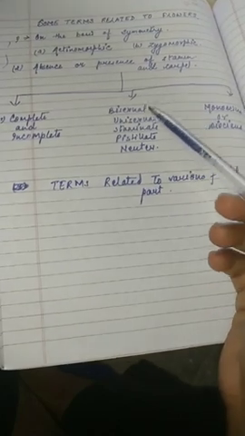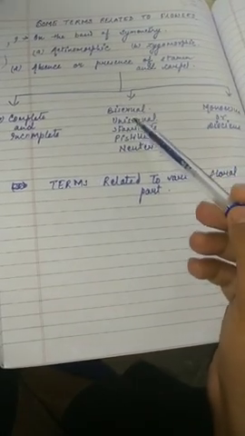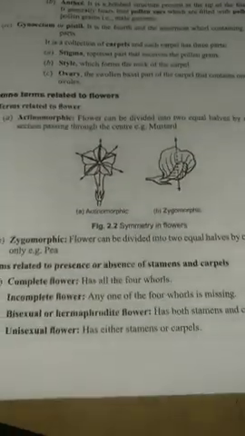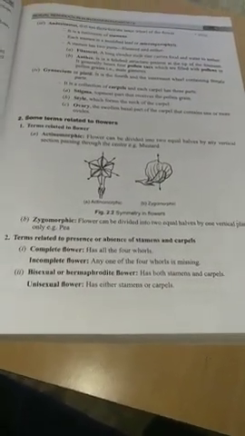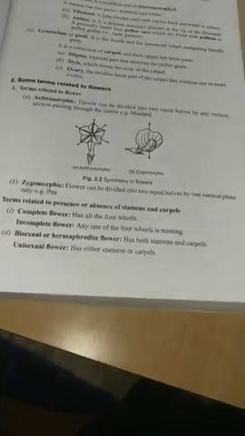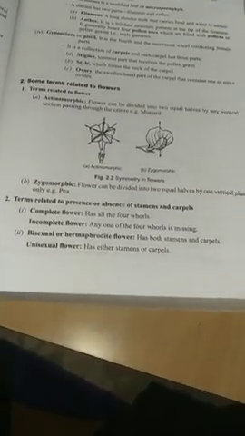First, it would be a complete or incomplete flower. Secondly, it should be bisexual, unisexual, staminate, pistillate, neuter, or it will be monothecous or diathecous. Now we are going to see first what is actinomorphic and zygomorphic, and after that we will deal with all the terms. As you see here, I am giving a close look of the book so that if you don't have the book right now, you can learn from this also.